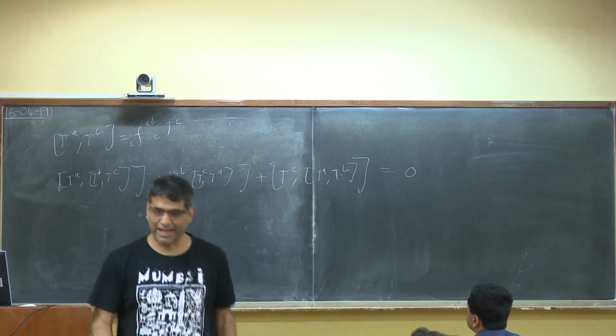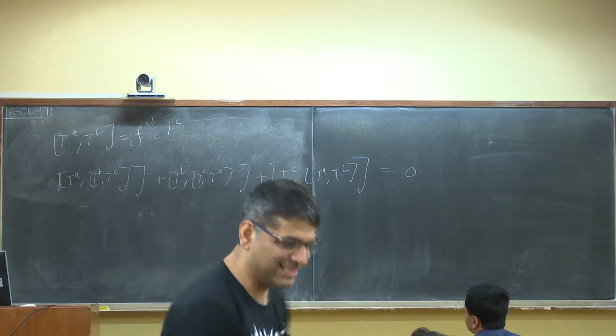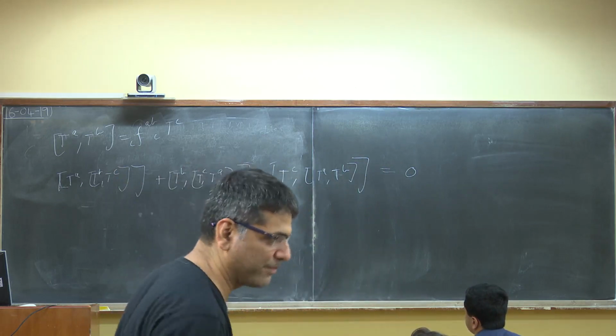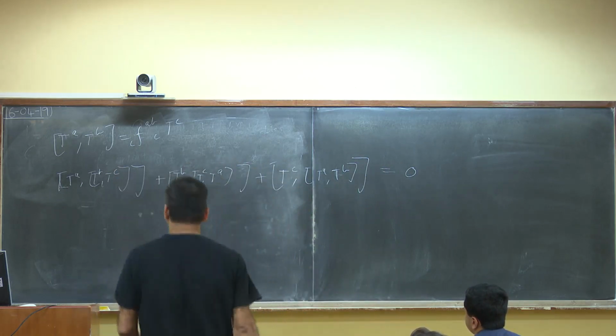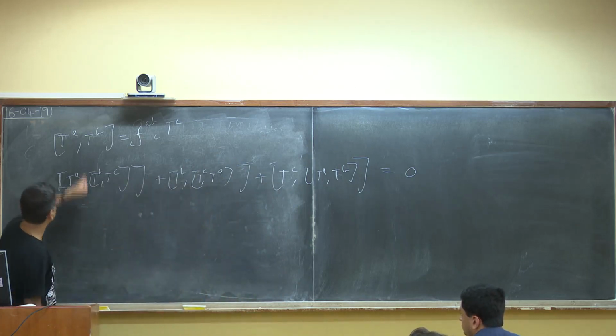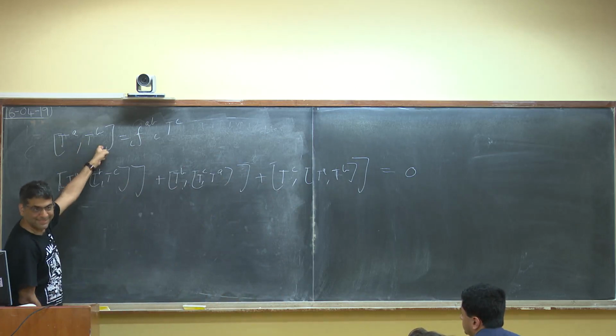For any three matrices A, B, and C, this thing is just an identity. You just open it out and you'll see it's true. So this by itself has no content, some triviality,